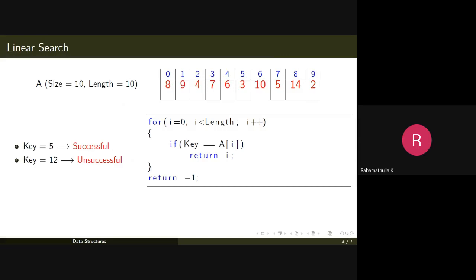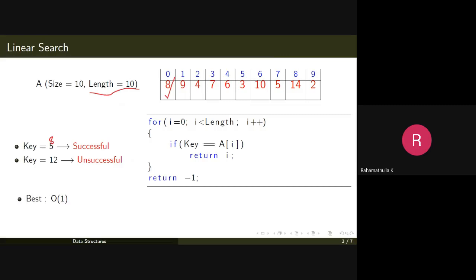Usually the search operation will return the index of the element where you get a match. Otherwise you return -1 to denote that there is no match, or it's an unsuccessful search. So key equal to 5 is a successful search and key equal to 12 is an unsuccessful search.